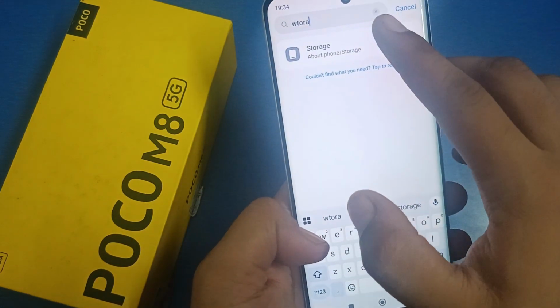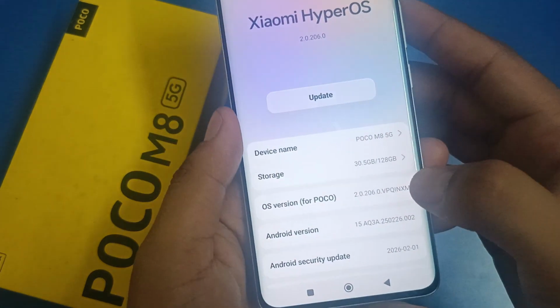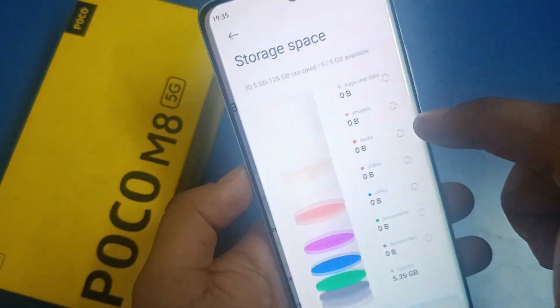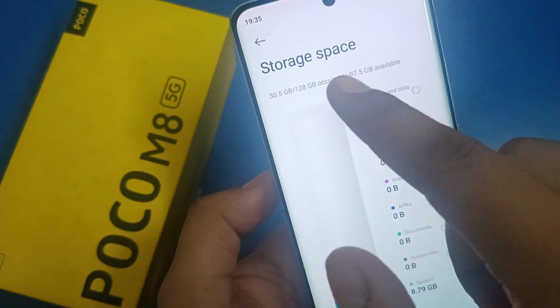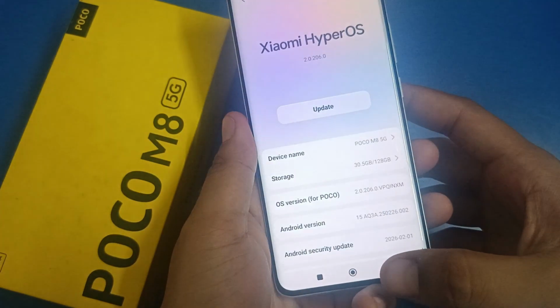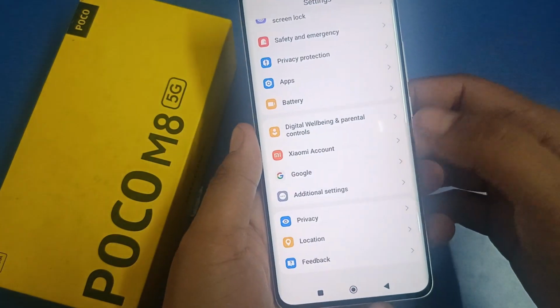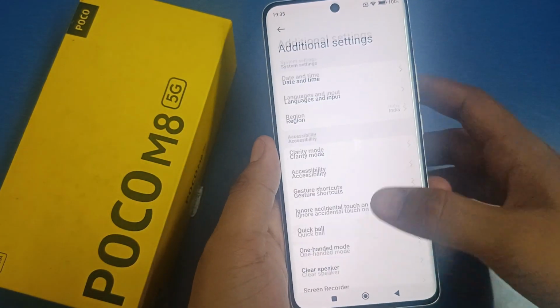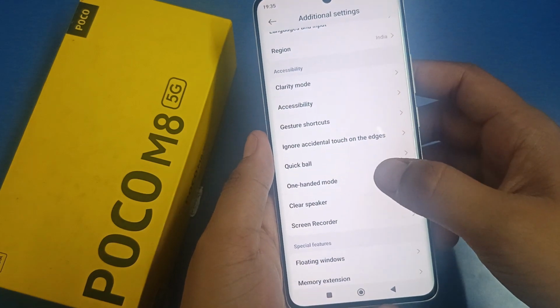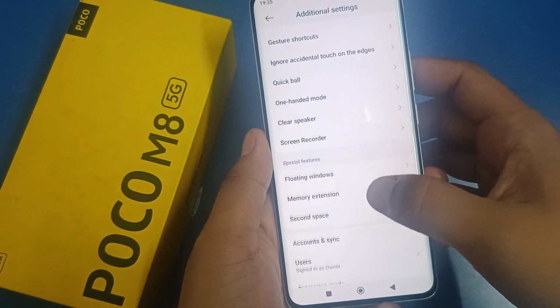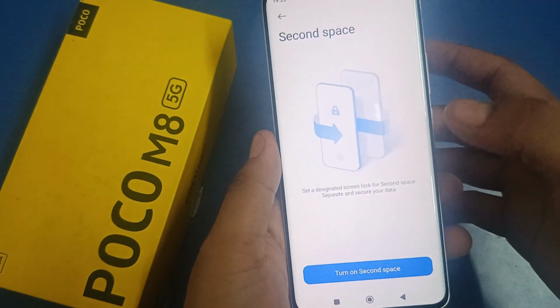So here it is, the storage. You have to tap on here and you can see about 30 GB is occupied right now. You have to go back, scroll down, click on additional settings. Now here it will show this second space. You have to click on second space, set as